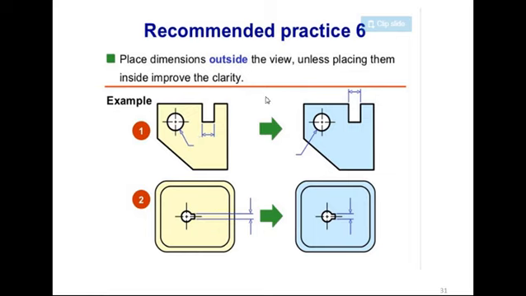So the right method, what we have to do here: see here, this is a hole, whatever the extension line, this leader line we will take outside and make a note here. A note means that whatever you want to create as a hole, whatever dimension you want to keep here, you will keep outside, and then we will mention what you want here. And here also, whatever distance you want to keep for this slot, you will take outside, and keep a 1 mm gap between our object and this line. When you keep 1 mm, one can easily understand that this is the extension line and this is the object line.